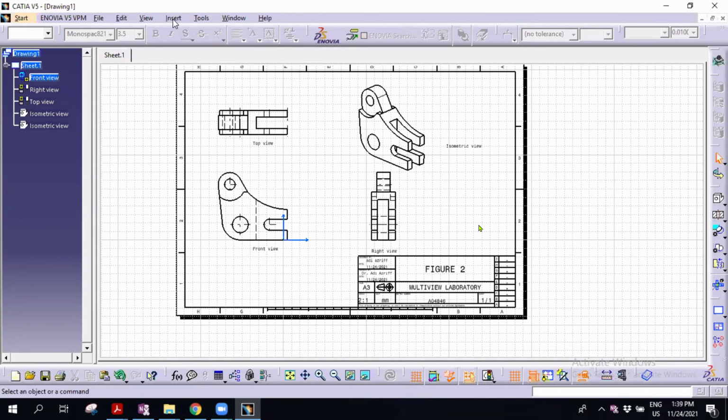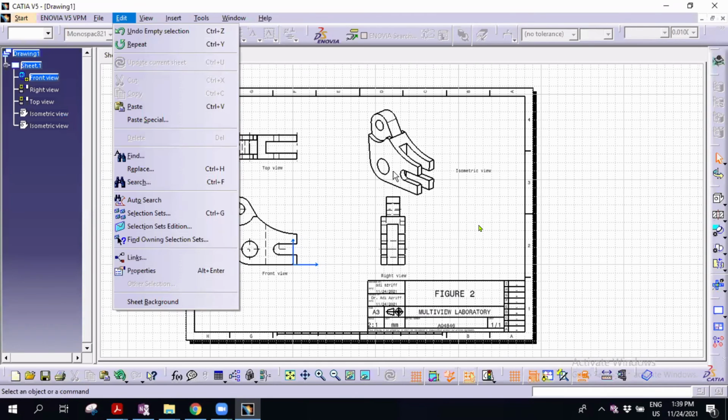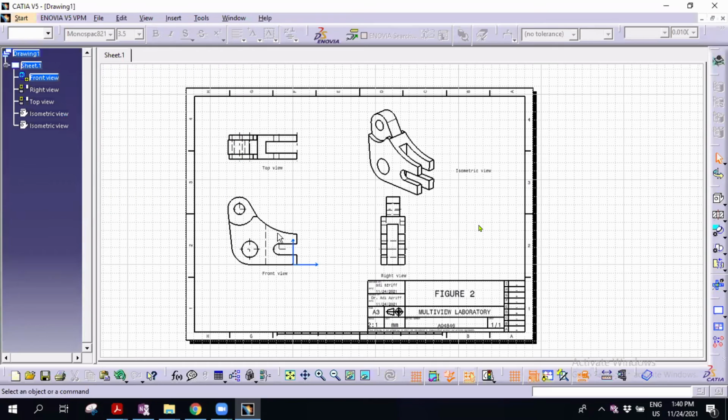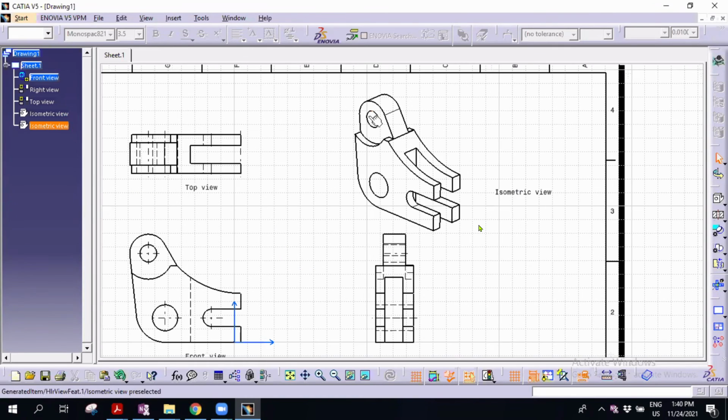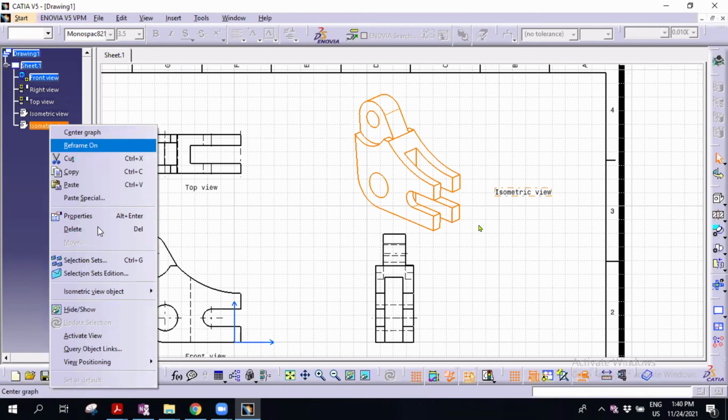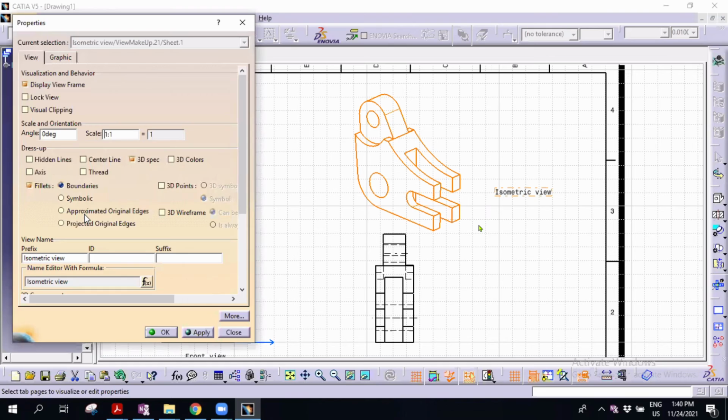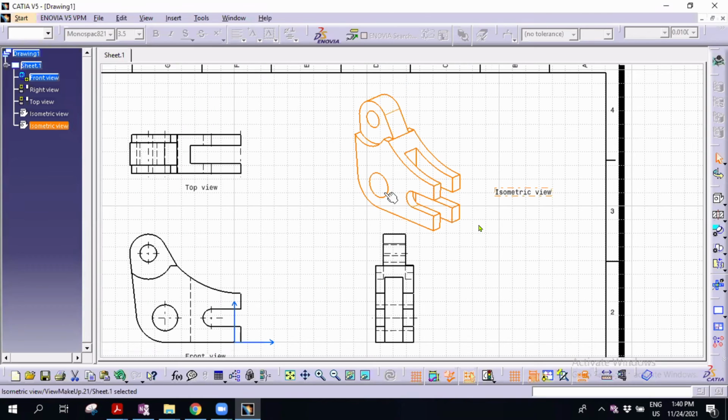For third angle projection, in the working view you want to edit the hidden line, the center line, and the rest. For isometric view, normally we don't put a hidden line. Isometric, there is no hidden line in isometric.